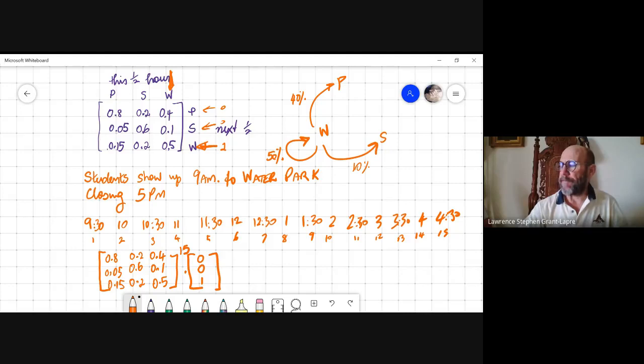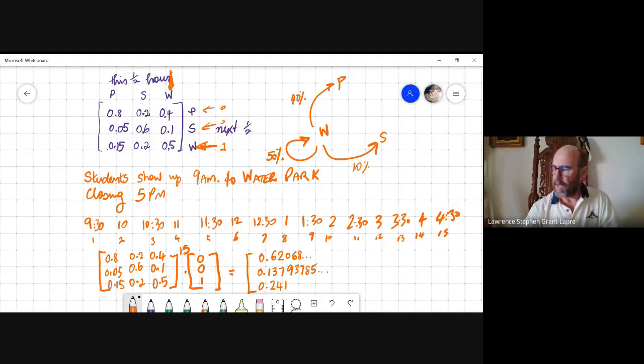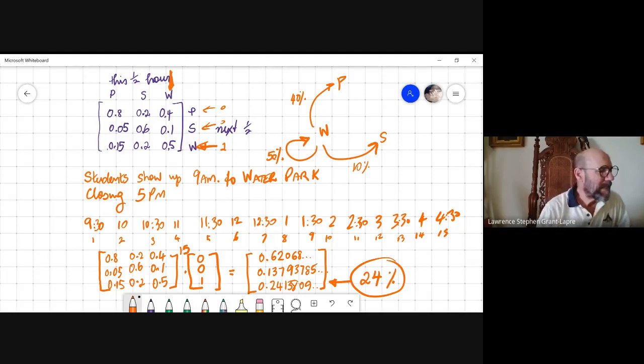Now we will multiply 15 of those, and if you put that in the calculator, which I've already done, I get this matrix, 0.62068..., I get 0.13793785..., I get 0.2413809... Now, therefore, at the water park, we would expect at closing time 24% of the initial group to be still at the water park,